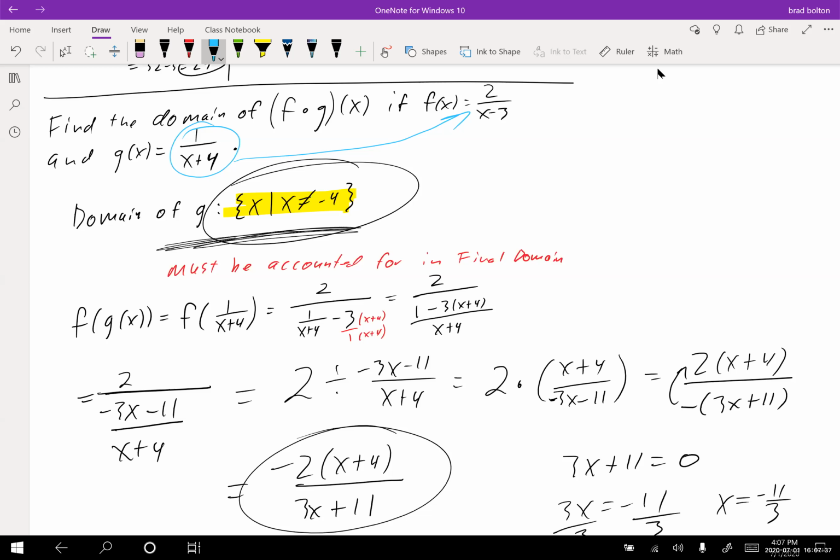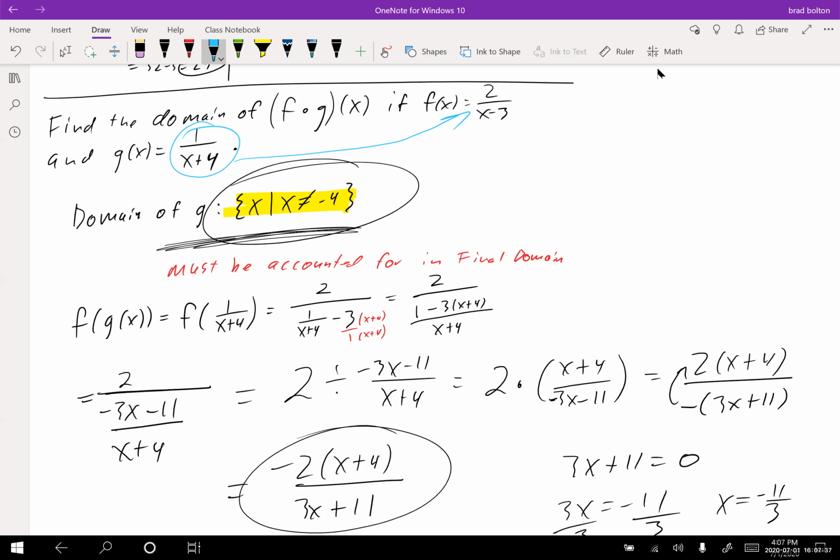So yeah, finding composite function domains is a little bit annoying. So what we can do is, there's something else that will come up in the very next section. We can show that two composite functions are equal. So let's say, show